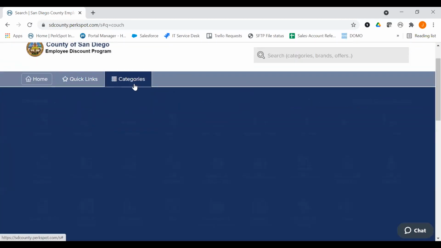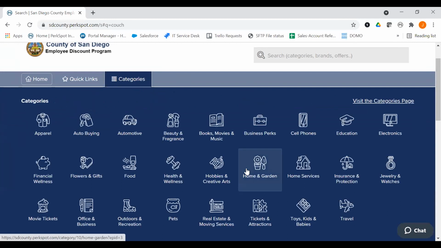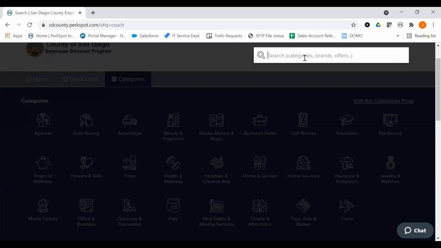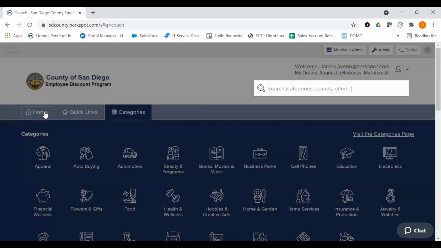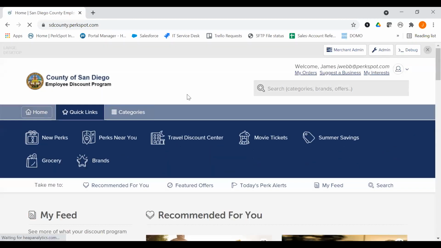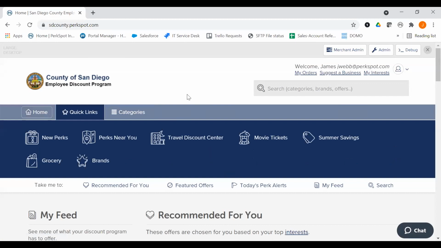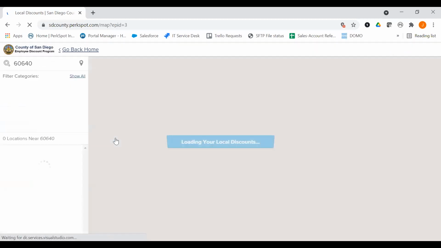If you come to the category section, there's something you don't know is in there, or maybe you don't see as a category, please come into the search section, type that in, and we'll be able to show you everything on the site we have associated with that particular word. And then another thing on here that I think is useful as it relates to just everyone as an individual is perks near you. And so if you click on this,